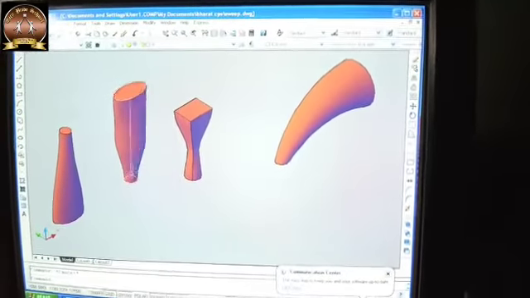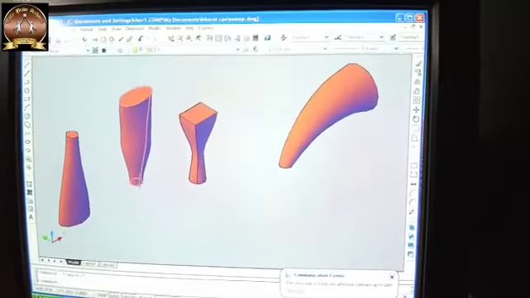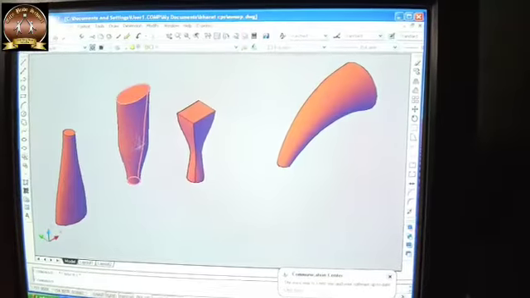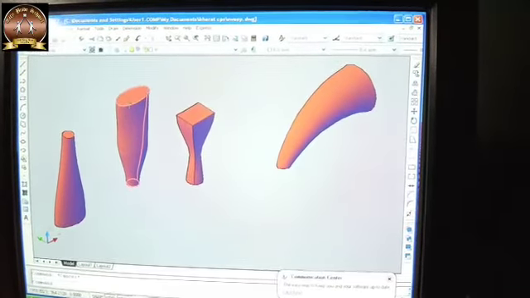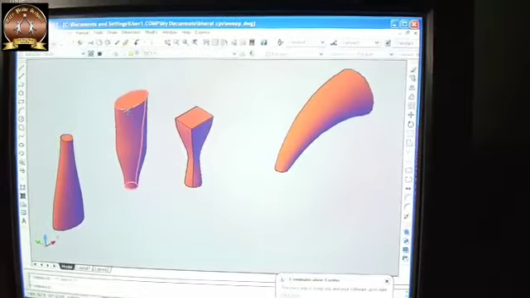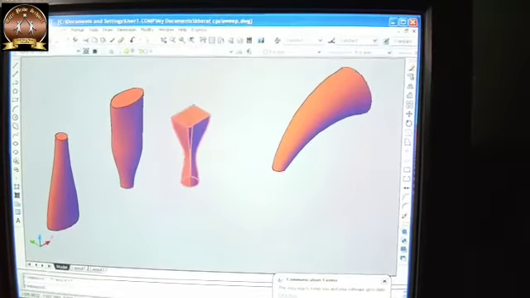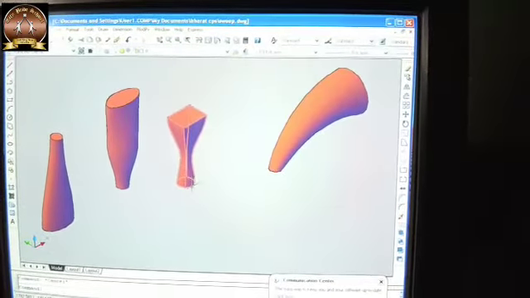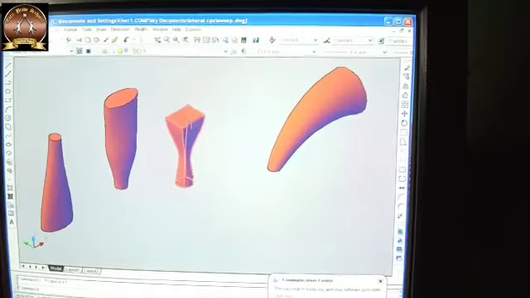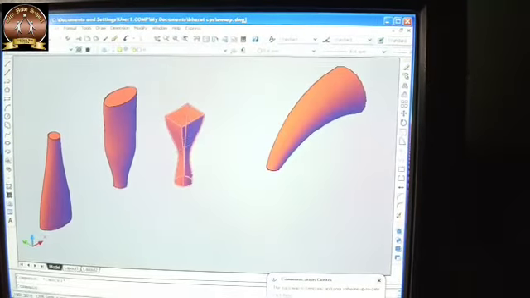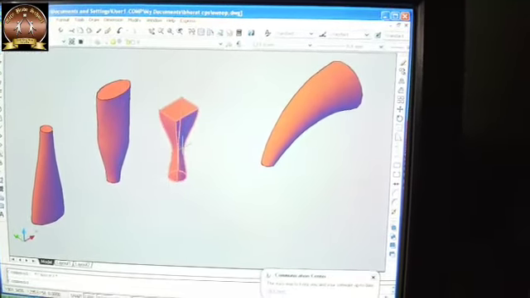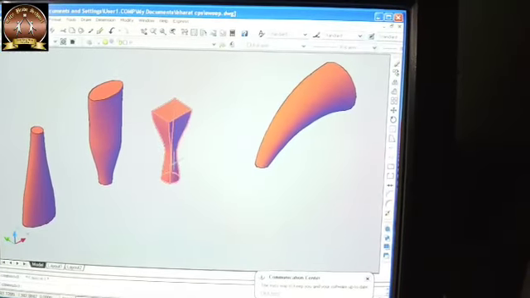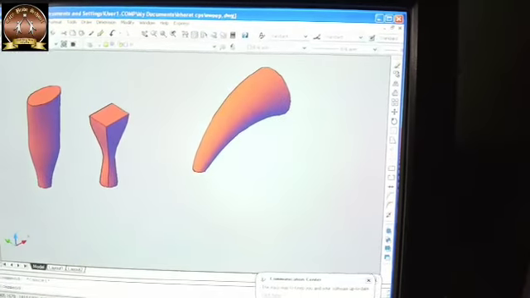Here I have taken the circle, here there is an ellipse, and at the end again you have an ellipse. Here you can see circle, rectangle at top, and in between there is a circle. So how to make this type of job, we will see.